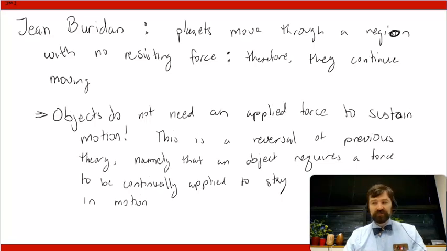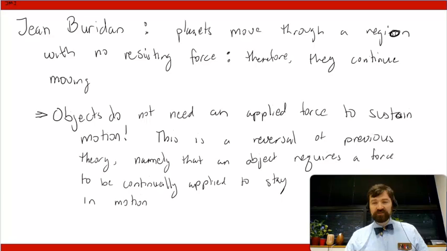And the breakthrough here is that on Earth, when you, let's say, toss something through the air, you have air resistance, and so the object slows down. If you push an object on the table, you have some air resistance, but you also have friction from the table, and so the object slows down and stops moving. And so you have to keep pushing the object to keep it moving